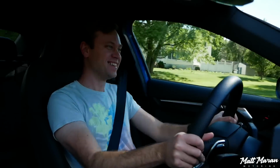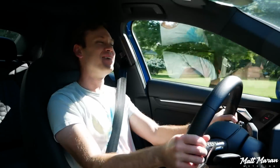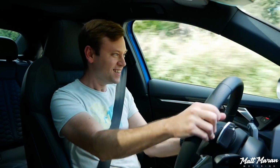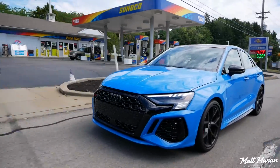Alright, so I've been driving the RS3 for a week now, and I love this thing. Every single time I do that, I just fall in love all over again with this thing. It's just, it's so good. So as far as my observations here during my week with the RS3, well, it's just been a car that